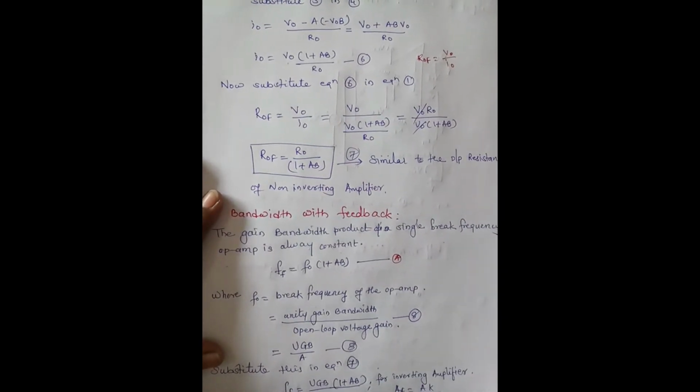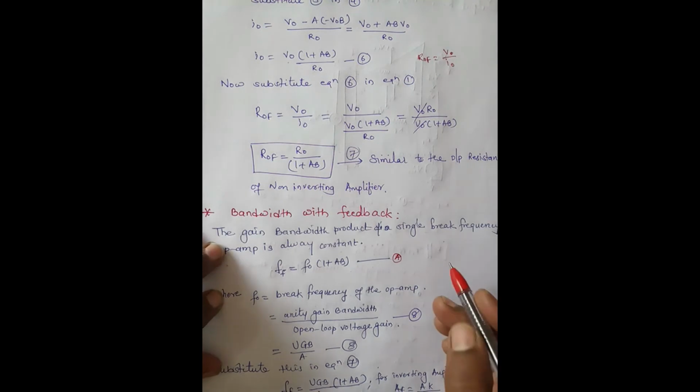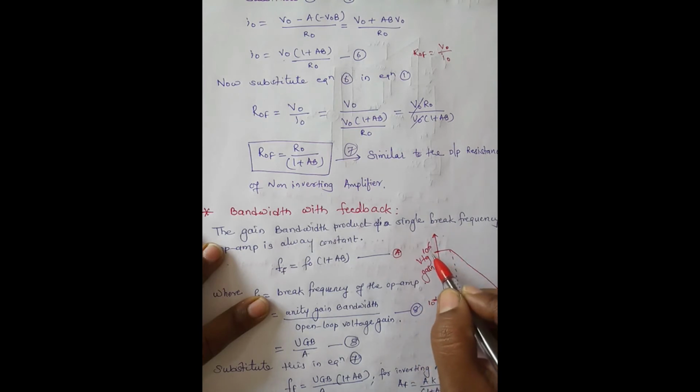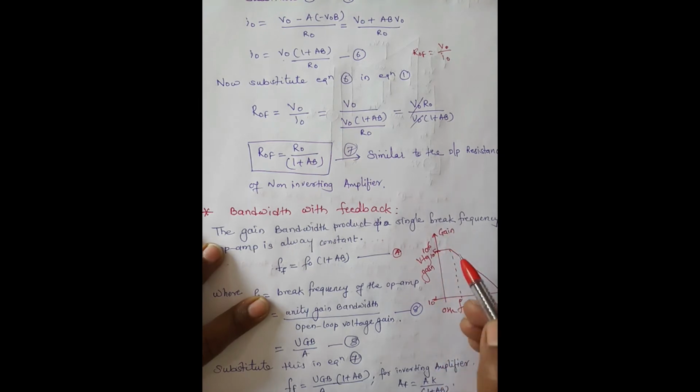We can refer to the previous video for the voltage series feedback amplifier, in which we have defined the bandwidth. We are finding out bandwidth with the help of the voltage gain versus frequency curve. That is for the open loop op amp, like this we got here, and this is the break frequency F0, starting from 0 Hz to some megahertz, and here is gain from 10 raised to minus 1 to 10 raised to 6. Here is 10 raised to 5. This is gain. Okay. So this is the band of frequencies for which gain will remain constant, and is called bandwidth.